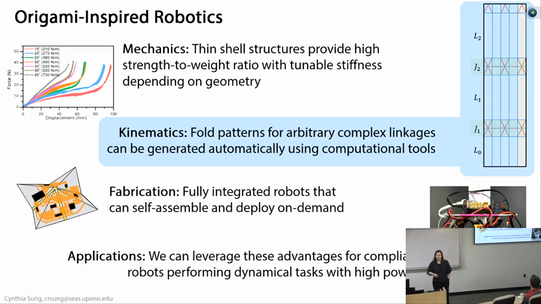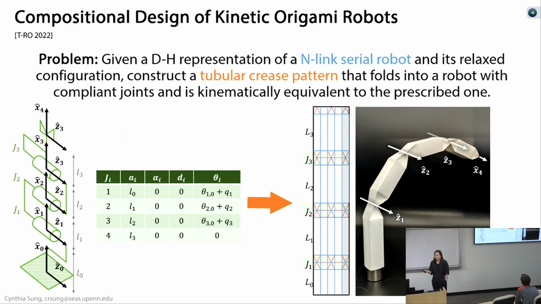And so another project that we've been working on is trying to think about what are the degrees of freedom that we can embed into origami structures. So the question here is, how do we create fold patterns that have different degrees of freedom or different kinematics? And I'm trained as a computer scientist originally, and so, of course, the first thing we need to do is define our exact problem. And so the problem that we defined here was